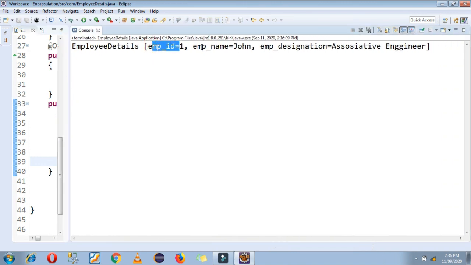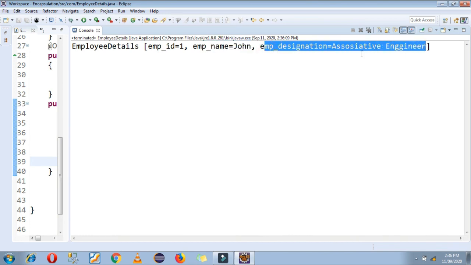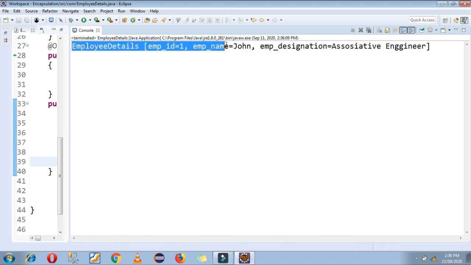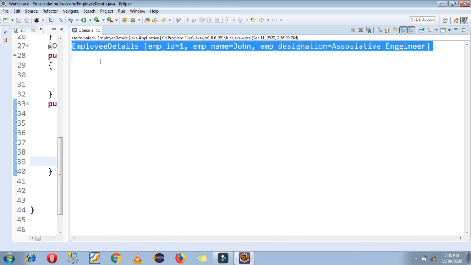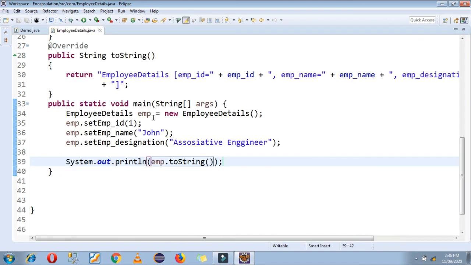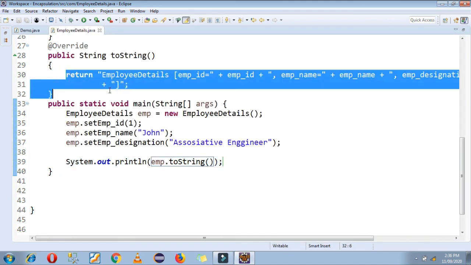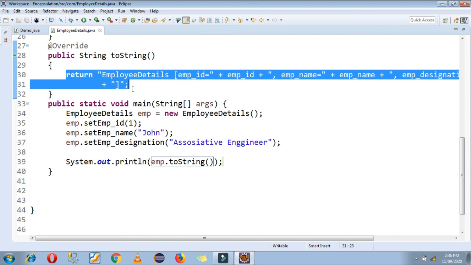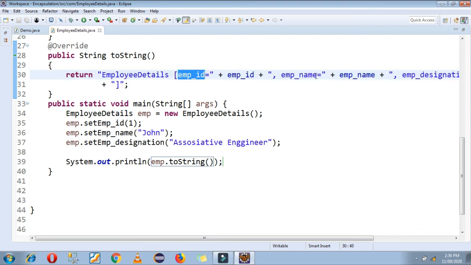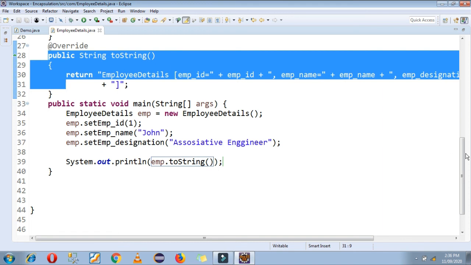Employee details, EMP ID is equal to 1, EMP name is equal to John, EMP designation is equal to associate engineer. Okay, so this is the perfect representation of your data. Because of toString it is represented in this way, or simply you can just write here sysout, and in this sysout you can just type your variable name. That is also a correct way.